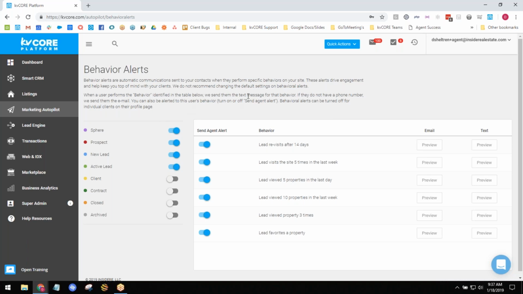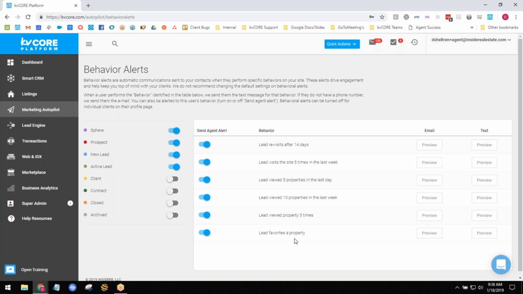So, and how these work is when a lead first signs up on your site. Let's say you go off today after our training, you go in and get that Chrome extension installed, you go out and publish a listing on Craigslist, and boom, here come a couple leads. As soon as those leads come into your system, they're going to be viewing some inventory on your website to see what sort of listings you have.